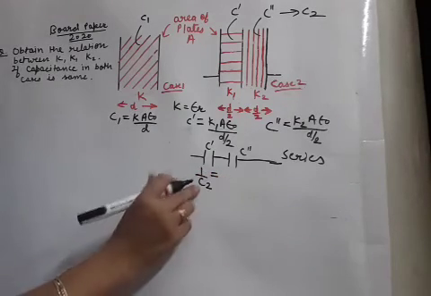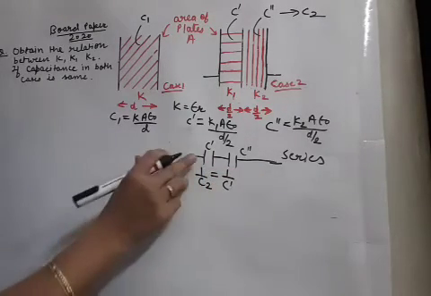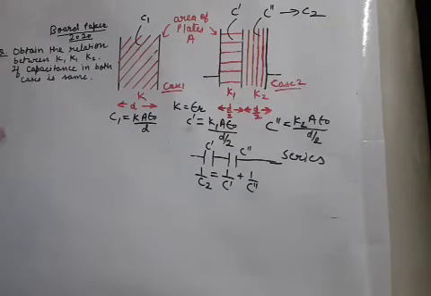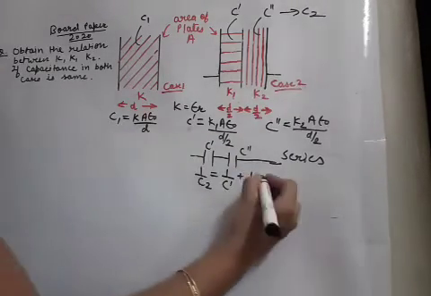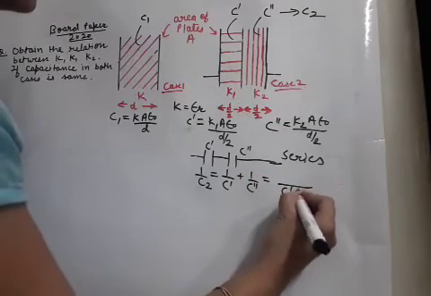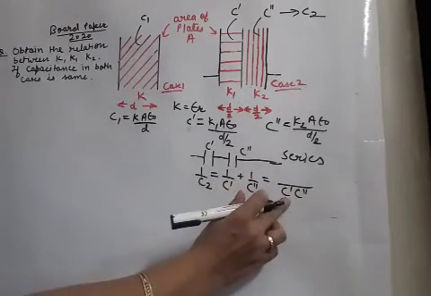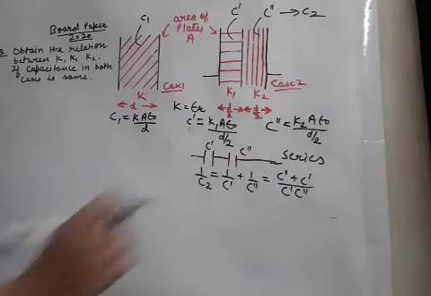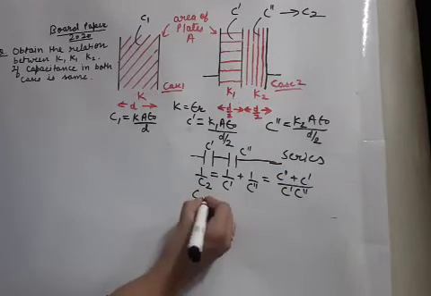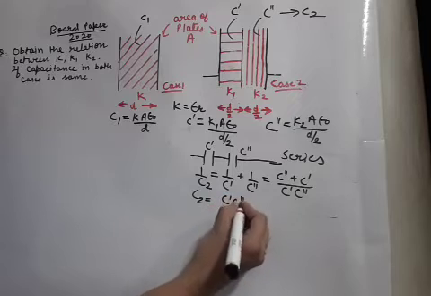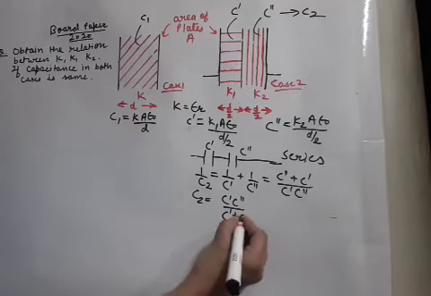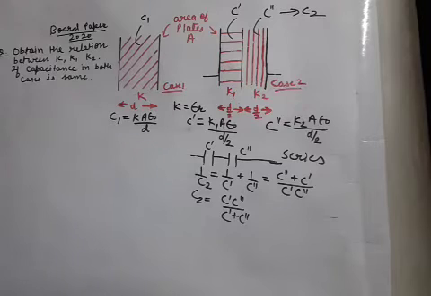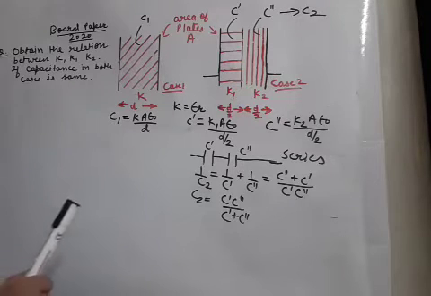So the net answer C2 of this whole assembly we will obtain this way. The first capacitance is C dash and the second capacitance is C double dash. We have to reciprocally add them. If we take the LCM, we will get C double dash plus C dash. So finally the C2 formula becomes C dash C double dash upon C dash plus C double dash. We can directly apply this formula for series combination of capacitance always.